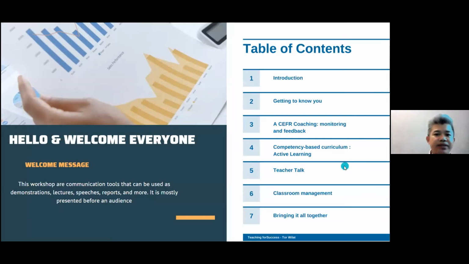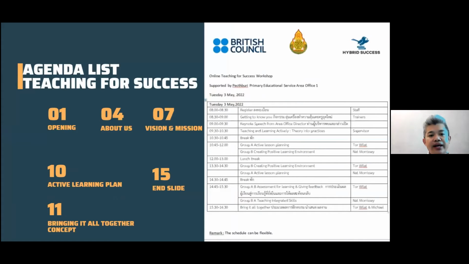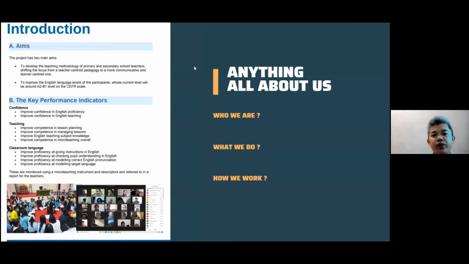Look here, the competency-based curriculum or active learning based on activity-based learning, ABL, which we're going to have more of today. And the agenda of this one in the evening, before we leave, is to bring it all together. We probably consider how we can improve our language based on the things here.